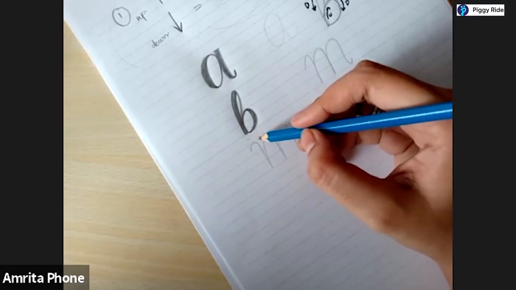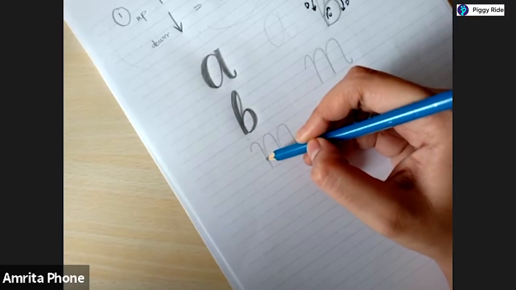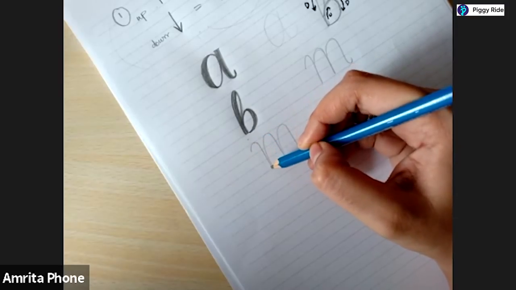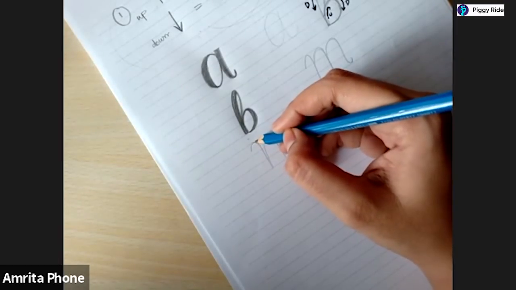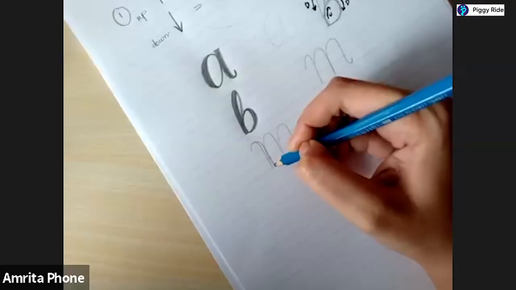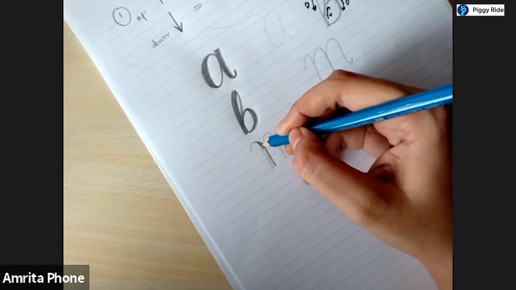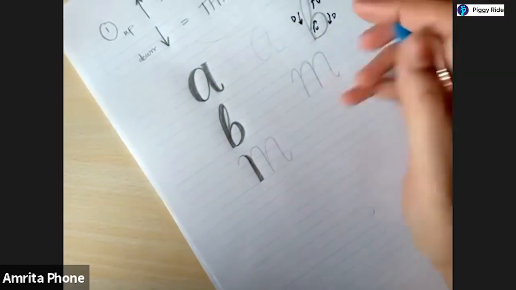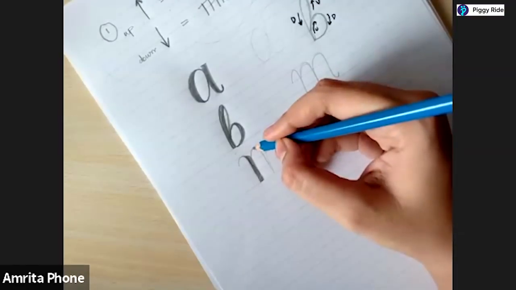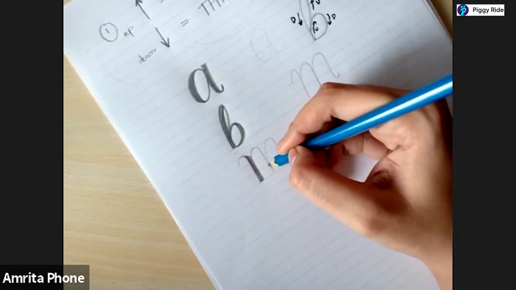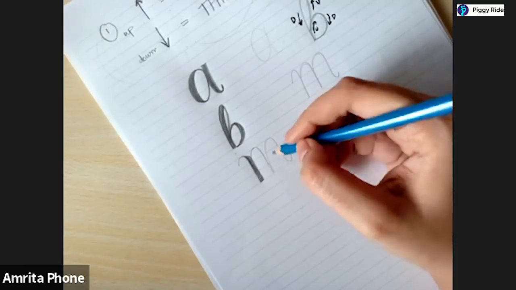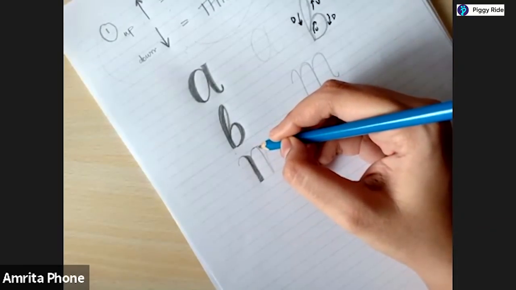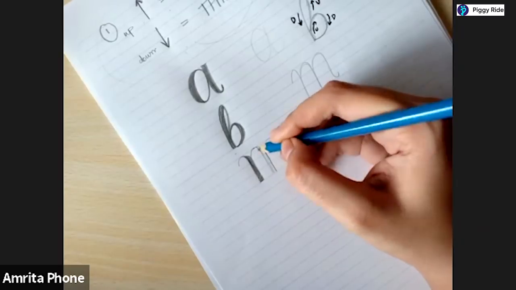Perfect. Now next comes this stroke. What do I do with this stroke? Should it be thin or should it be thick? So how do we make it thick? We double it up and we color it in. Now next comes this stroke. What do I do with this? Yes, this becomes thick. So I will double it up.